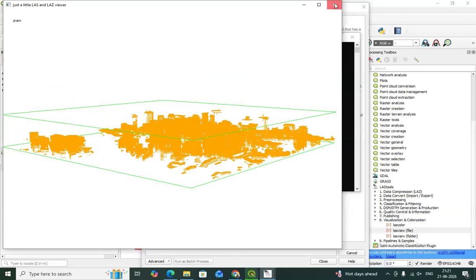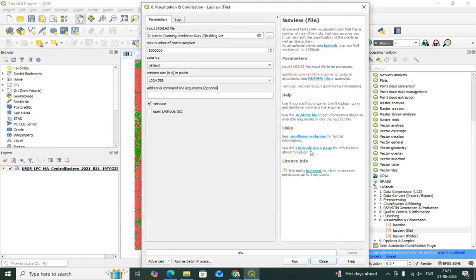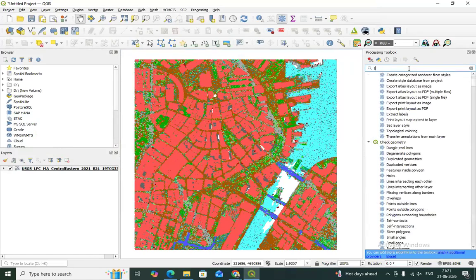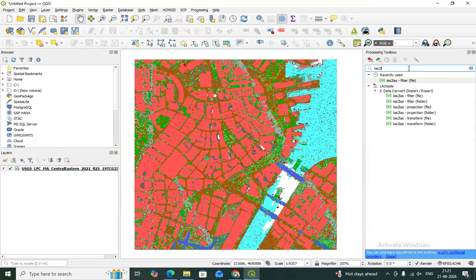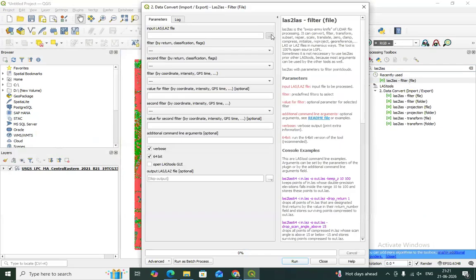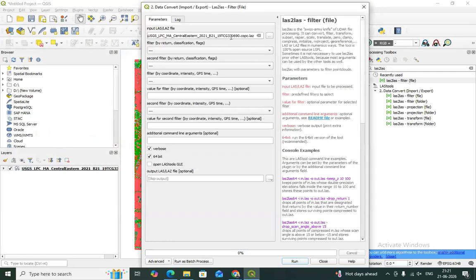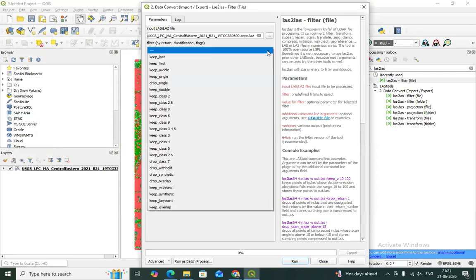Now, similarly, if you wish to extract the vegetation or maybe water, follow the same tool, LAStools filter. Again, you select the LAS file, the original LAS file. Then you go to filter.